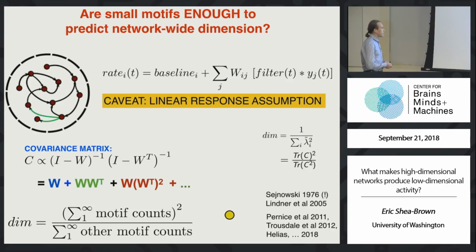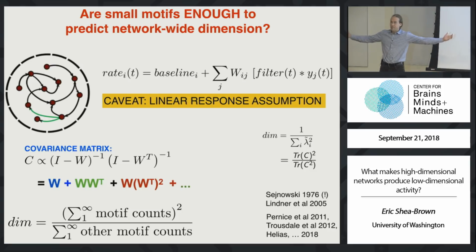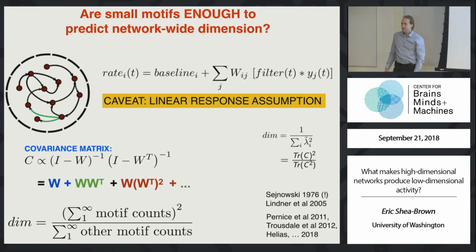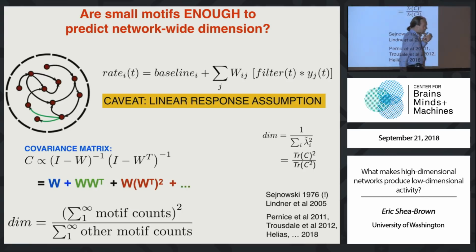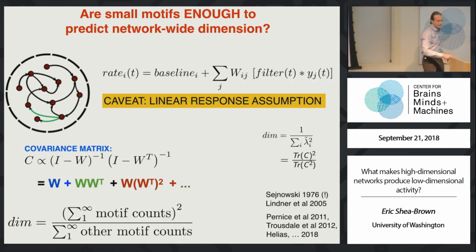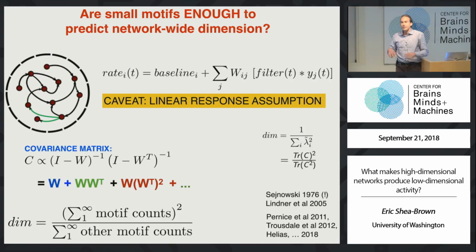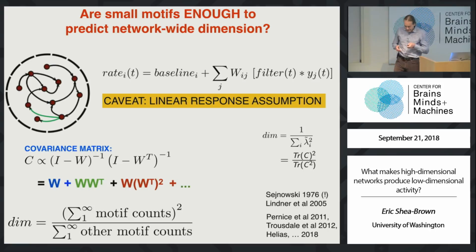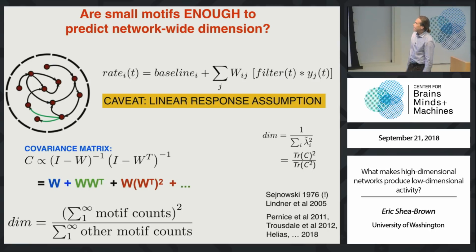The problem with this type of formula is this infinite sum. It turns out that you cannot truncate this expression well, and you need information about very long motifs in order to get a good approximation. So we've reduced this down to something that is intuitively useful, but if you want to design an experimental protocol, for example, to measure the information you need to predict dimensionality, you'd have to have a multi-cell patch clamp setup with 100 simultaneous electrodes, right? So you're going to fire me as your theory colleague as I tell you that's what you need to do.